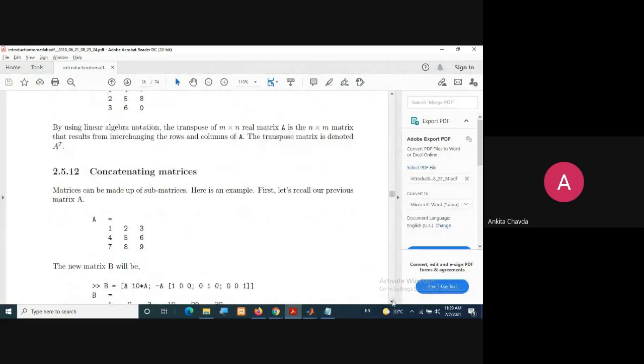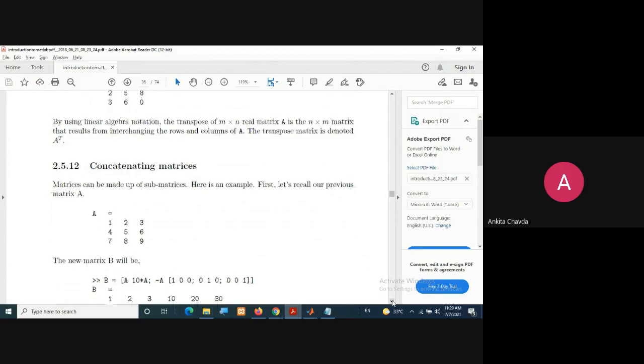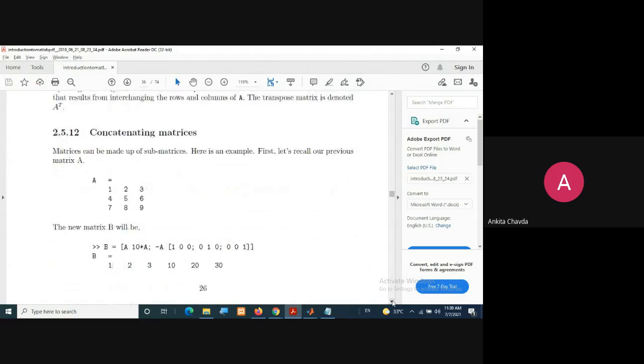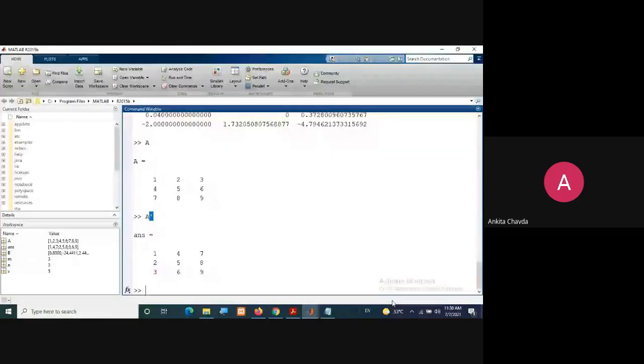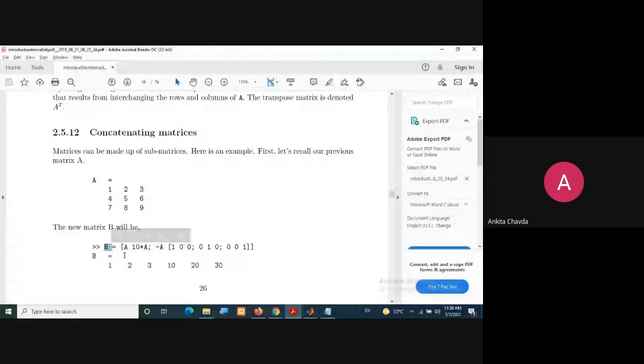Then what we are doing for the concatenation of matrices. You can even concatenate matrices, like if you are creating here B, this is your another matrix where you are using matrix A. So you want 1, 2, 3, 4, 5, 6, 7, 8, 9 as one of the parts. Then 10 into A, so whatever the values of it, they will be multiplied with this 10.